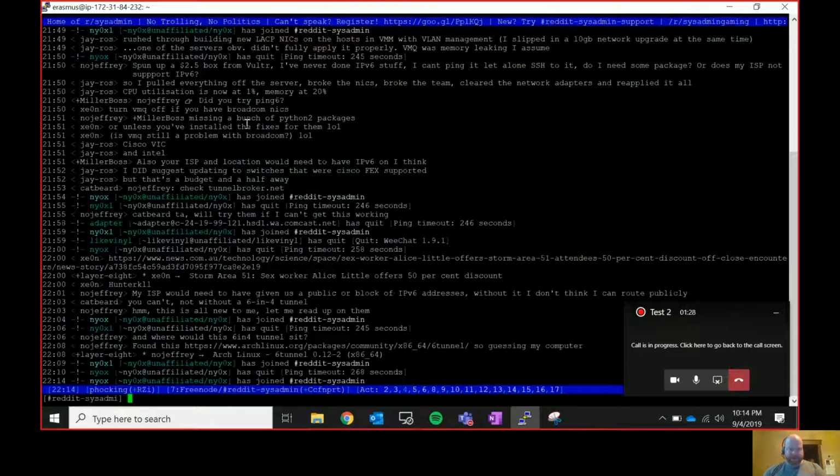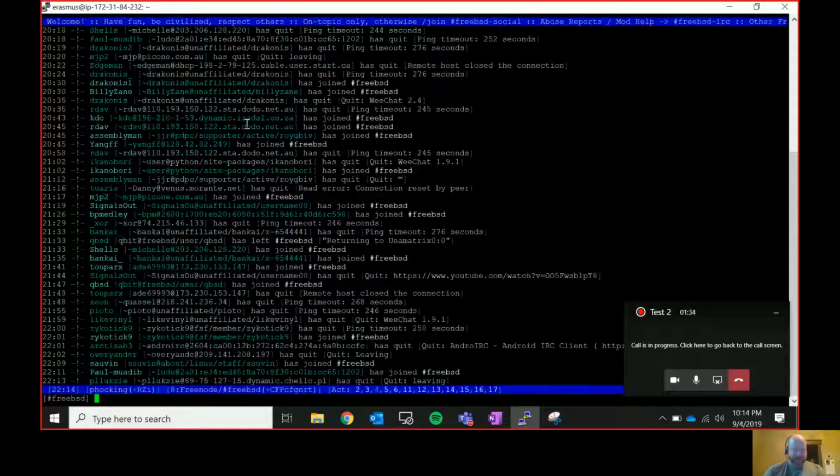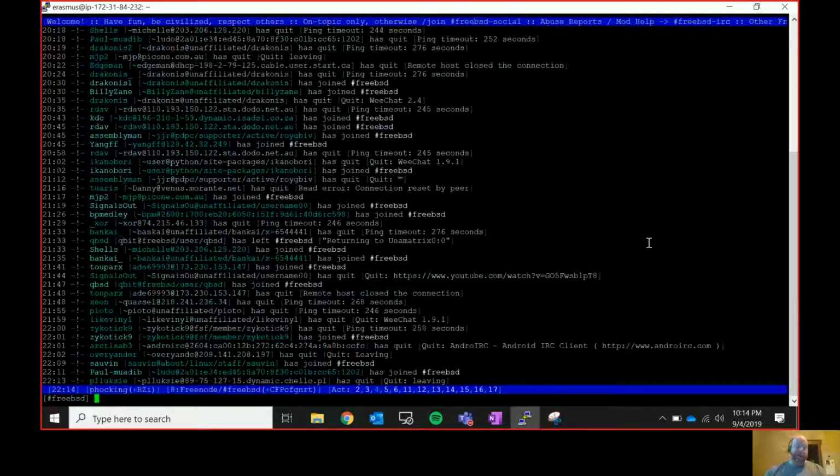So I have been using GNU Screen for a long time. Let me share my screen here. So I've been using GNU Screen for a long time, and typically, it's really handy when you're on IRC. I'm just like, oh yeah, here's some channels I want to check out and hang out in. So I never really realized that you could use Screen to split windows and everything, and